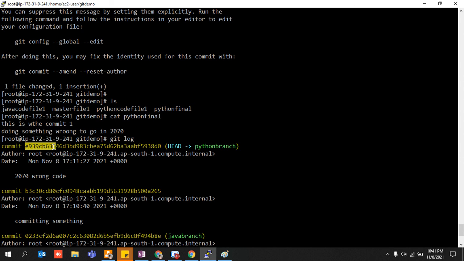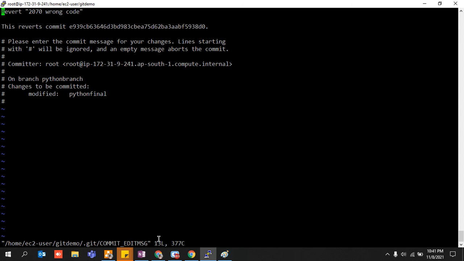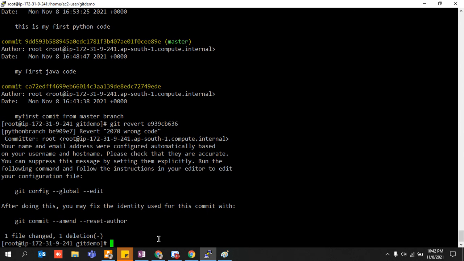Okay, simply copy a little bit over here, do git revert, right click over here, hit enter, hit insert. I do not want to go to 2070. That was wrong code. Ignore it. Ignore it. Right. Hit escape. Colon WQ. Come back. Right.